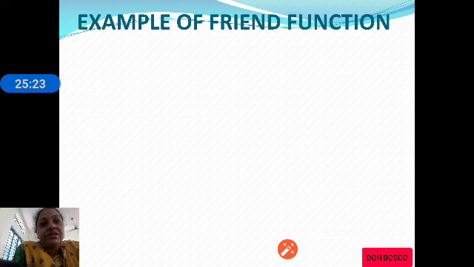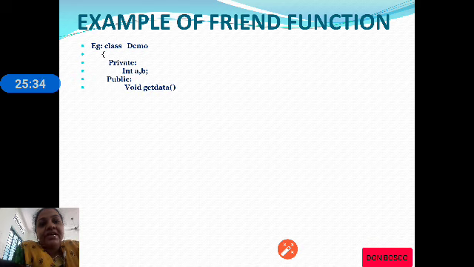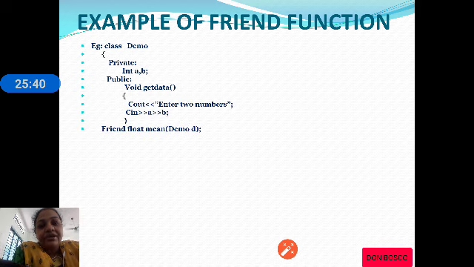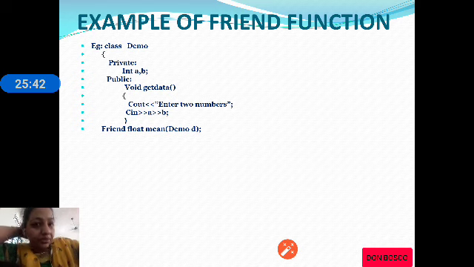We shall discuss the friend function using this example. Class demo. In class demo we have private members int a and b. In public we have a getdata function which will accept the two numbers, and then we have a friend float mean.